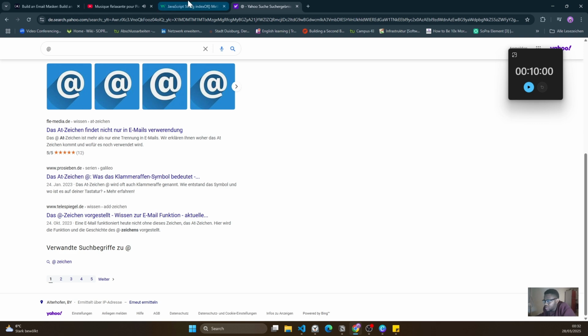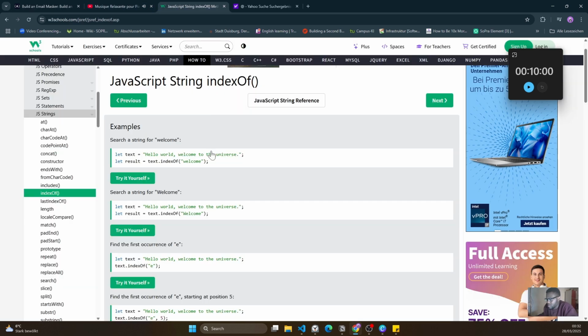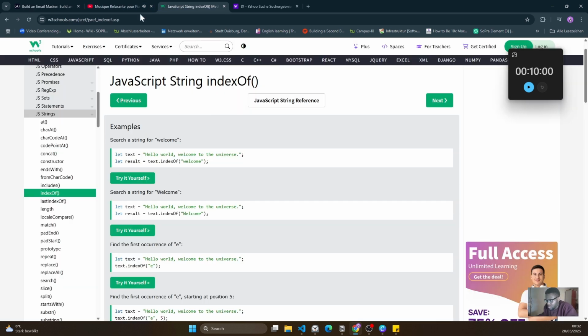So at, I just name at. So the index of at will be, we reduce the email and get the index. It's an interesting exercise. So index of